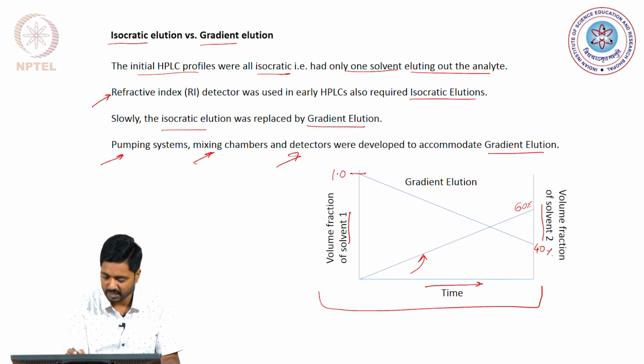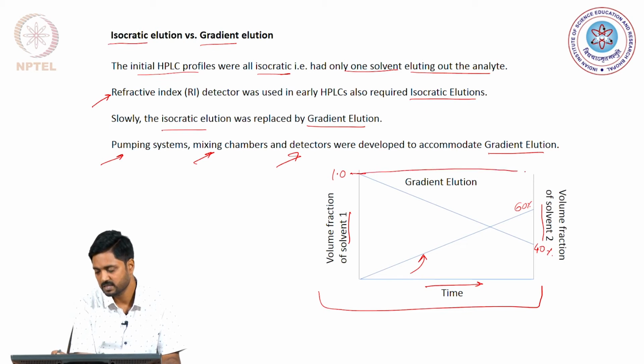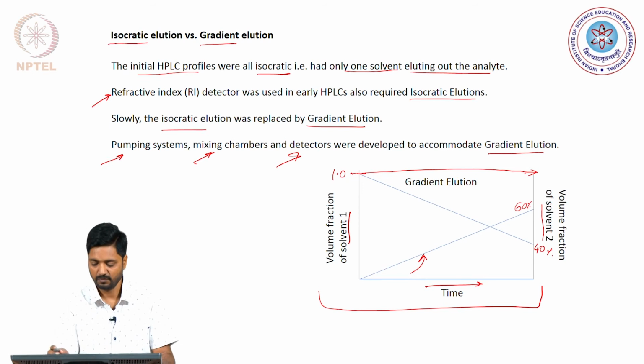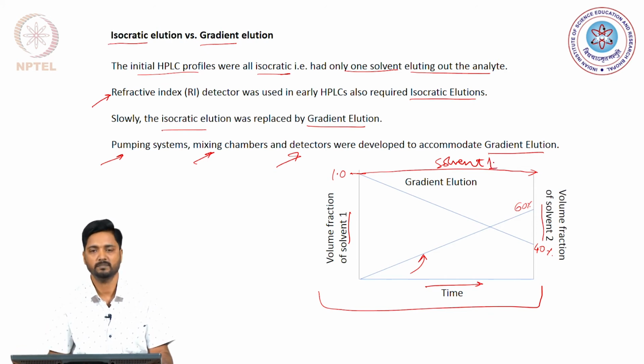The isocratic elution profile would be very straightforward. It will be simply a straight line where the solvent 1 will only be contributing all across the